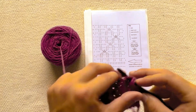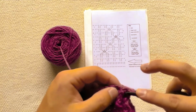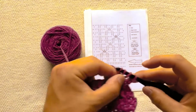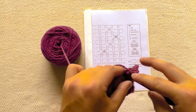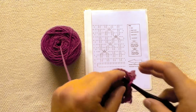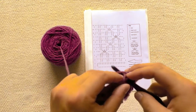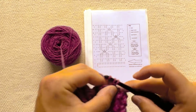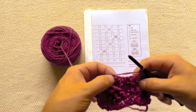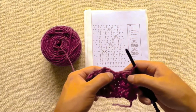2 front post double crochets, one single crochet, and 2 single crochets into the next stitch. Now you're going to do a right cross stitch between these 2 middle